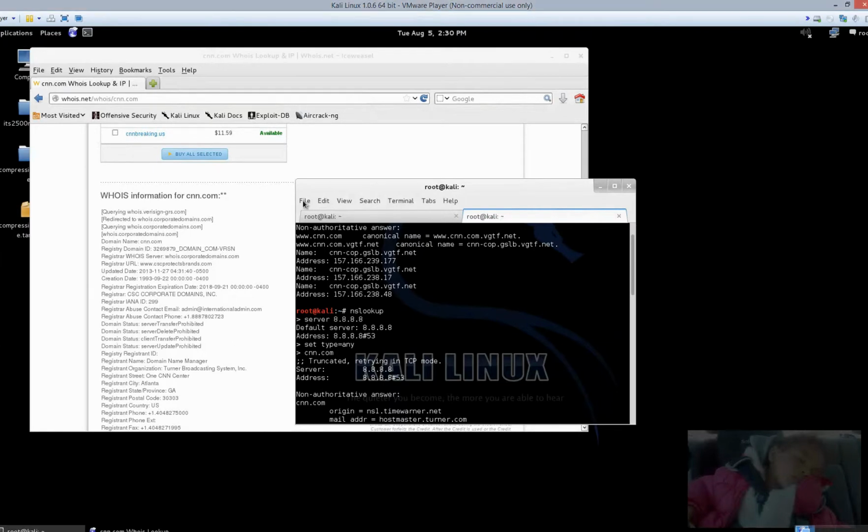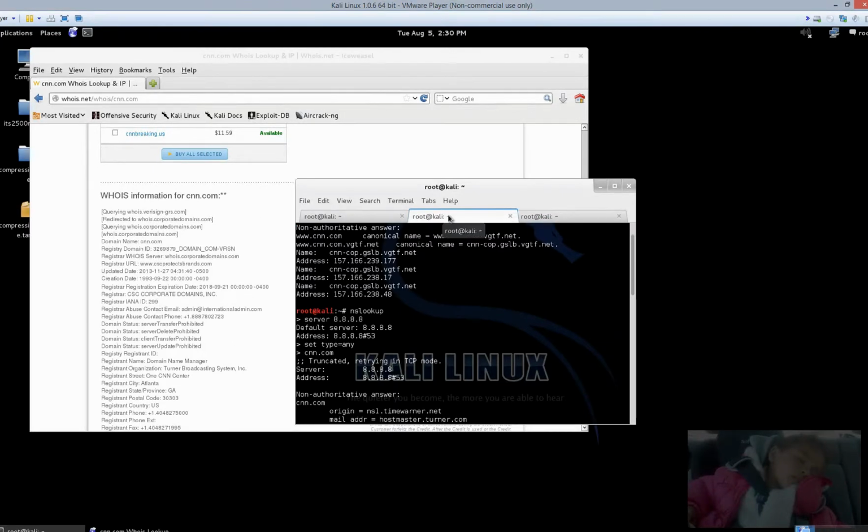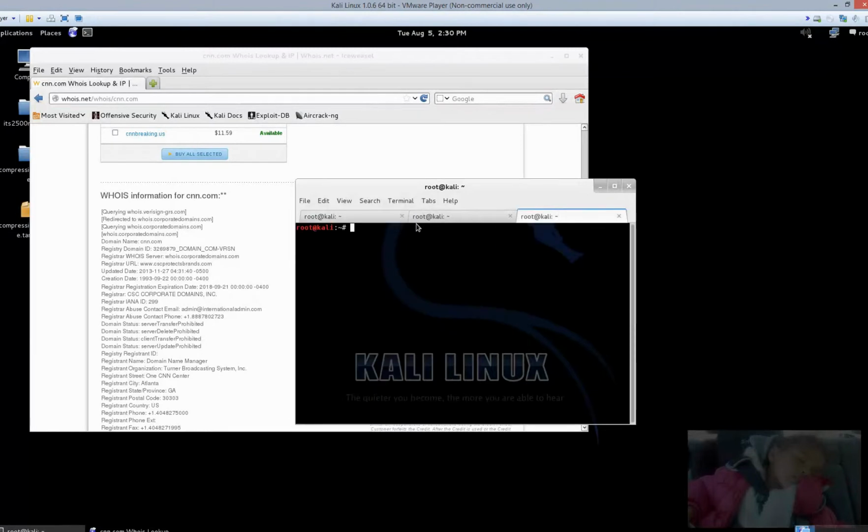Now from here, let's go ahead and do a file. Open another tab. Now again, we have our NS lookup over here. We have our whois search over here. We'll do our last tab over here for dig. Now the dig tool can be used to query and interrogate DNS servers as well. One of the strategies that's traditionally done with dig would be trying to initiate zone transfers against